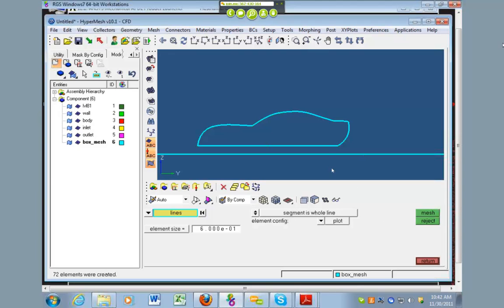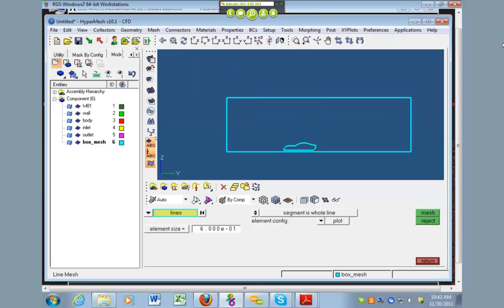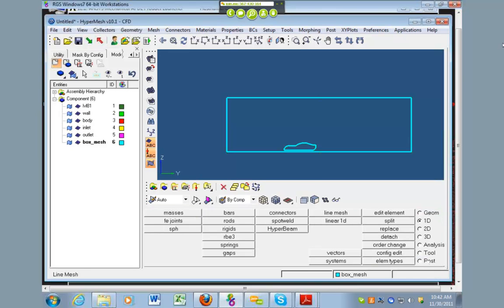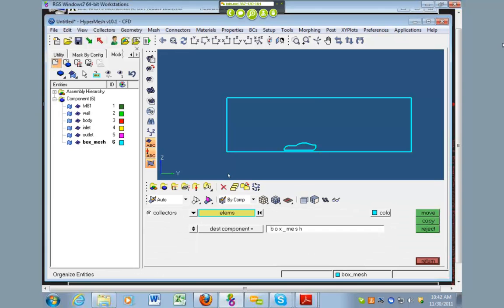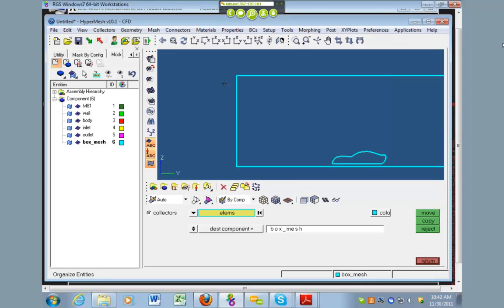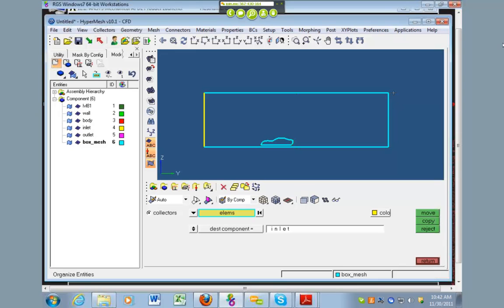So now we have our line meshes created, but they're all in the box mesh. So we want to make sure we organize these into the other places. So if we hit return and tools organize, we want to bring these elements here. As you can see, I selected all those. We want to put those into the inlet. That's the inlet right here. We move those. And similarly, these here